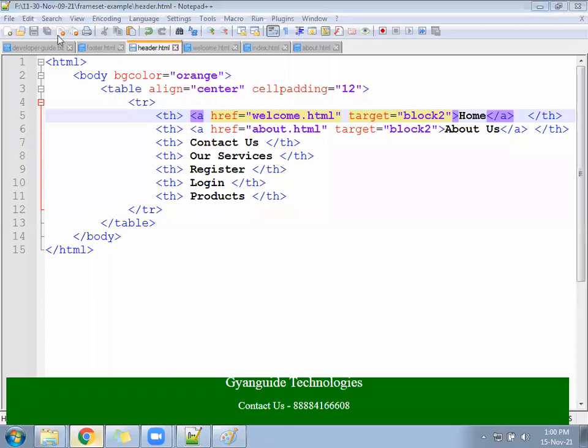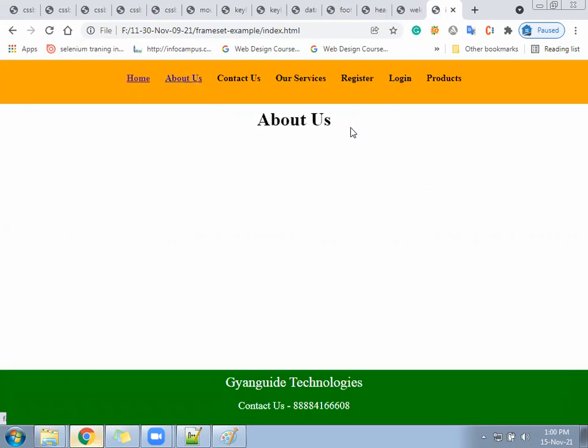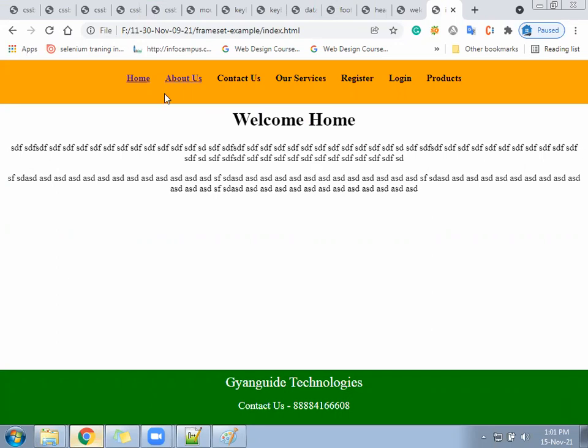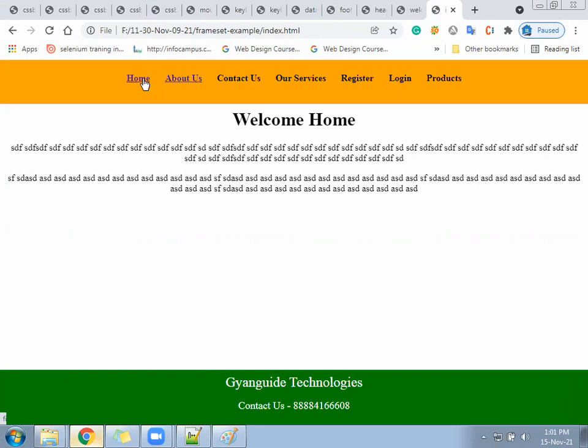Now let me go here and see, this is coming from the header file. When I click on about, the about file is loaded here. When you click on home, the welcome file will be loaded here. Something like this or different? For other people, anyone different? If a new tab is opening when you click on home and about, the content should appear under the white section only. It should not go to a new tab. Please confirm once. Is your page also working similarly or something else?